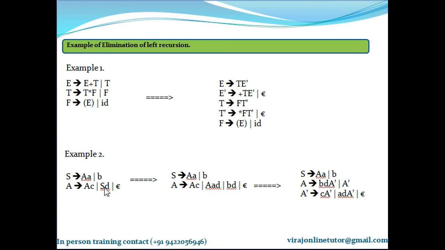Check whether the leftmost non-terminal is a non-terminal which is defined on top of it. When I say top of it, it can be any layers above. In this example, there are only these two productions. But suppose there were 10 non-terminals, then you have to check for the leftmost non-terminal which is defined anywhere above it. Then you have to substitute that non-terminal with its productions. That's it.